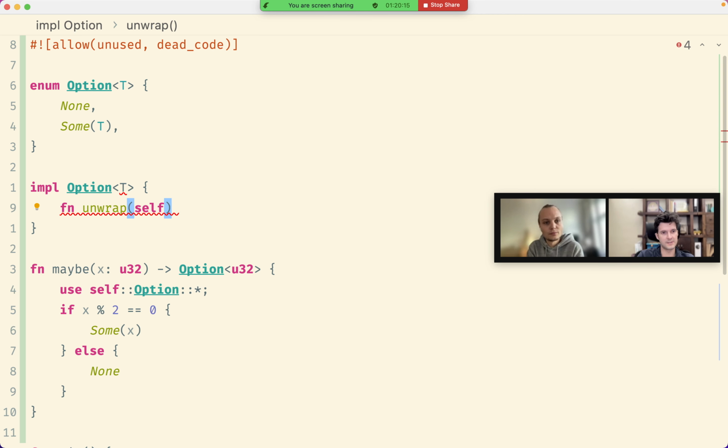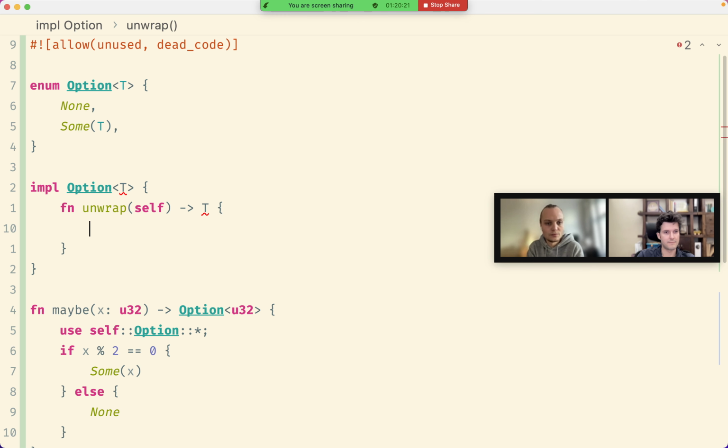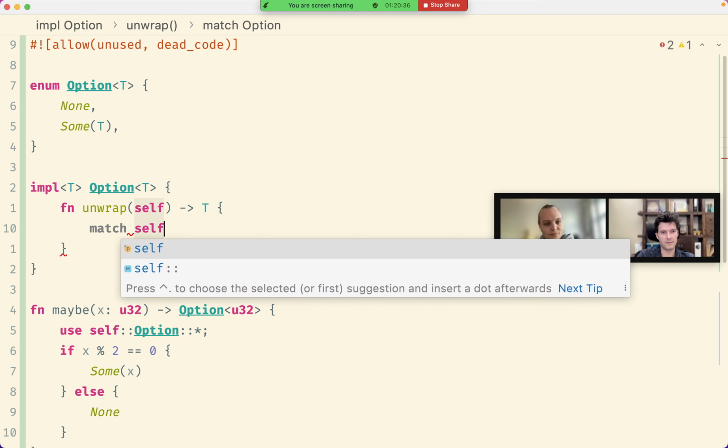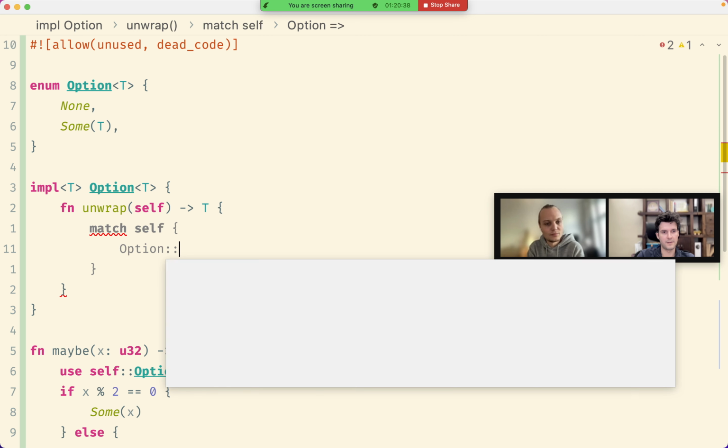So after that, the option does not exist anymore, and out comes a T. Oh yeah, sorry, syntax. We have to declare the T, and then we can put it into the type accordingly. And now we do the same thing. We match on self, and if we are an option,